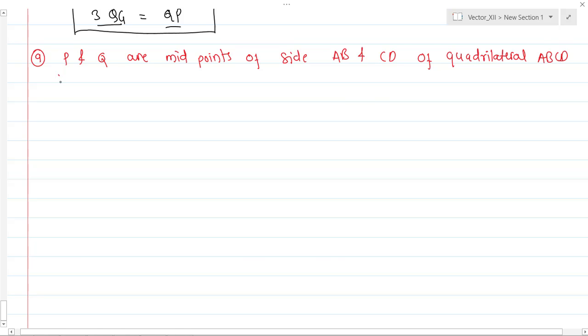If R and S are midpoints of diagonals AC and BD respectively, then prove that